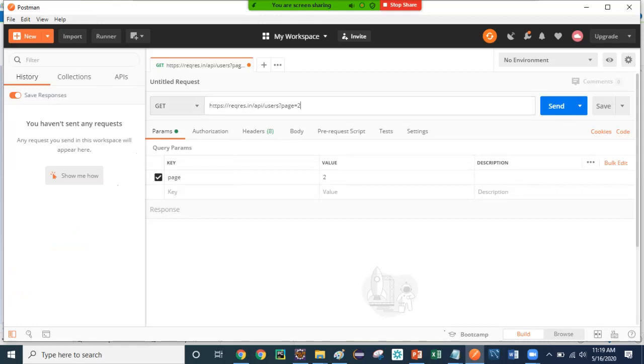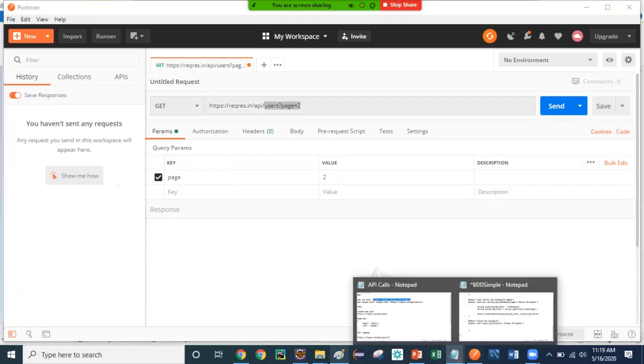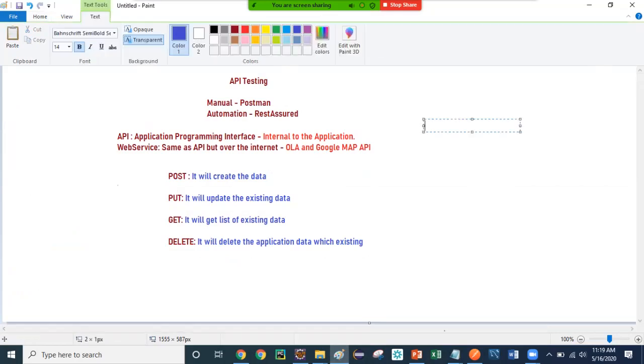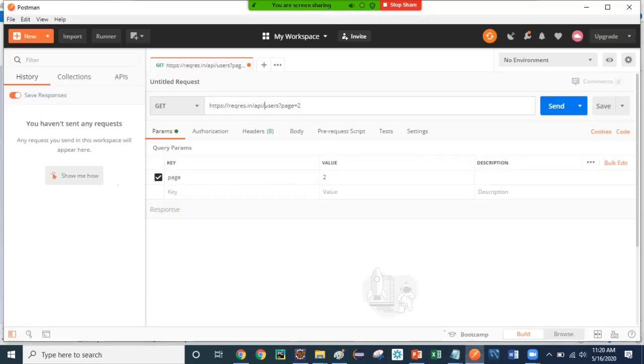You see, this is the API call. This is the URL, and this is the syntax of the API. Sometimes they will refer to it as a URI as well, which is the URL plus the API call. That is called the URI. Always remember the URL. So what is the URL over here? This is the URL, and this is the API call which we make for users.